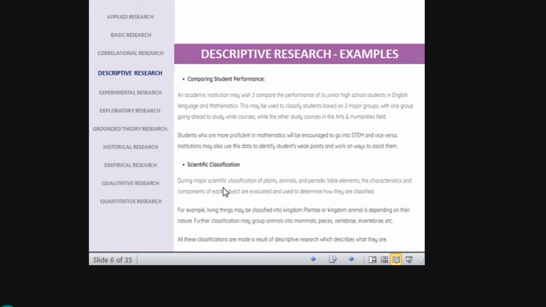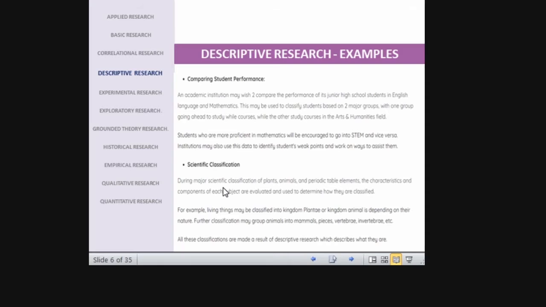I am comparing them based on their subject knowledge in English and mathematics. Based on their results in English and mathematics, I can come to a description that those who have scored more marks in English than mathematics can study well in the art stream. Those who scored more marks in mathematics and less marks in English can do well in STEM. STEM is science, technology, engineering, and medicine. That is in the science stream. So depending upon the characteristics of the individual, you can get an idea of what they are capable of.